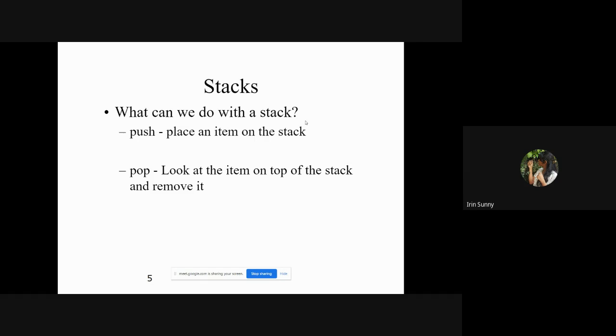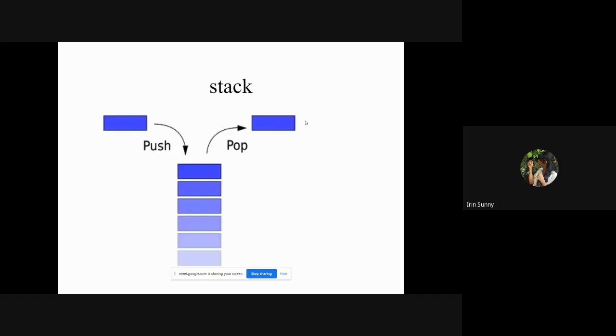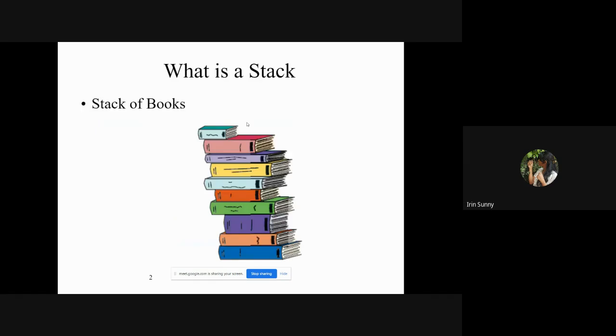So there is another thing here to iterate through a stack. We use a variable known as top. The top always points to the last entered value. That means when the first element is entered, so here in this example, just consider there is only this blue book. When one element is entered, top points to that one element. So initially when I place the blue book, top is pointed to the blue book.